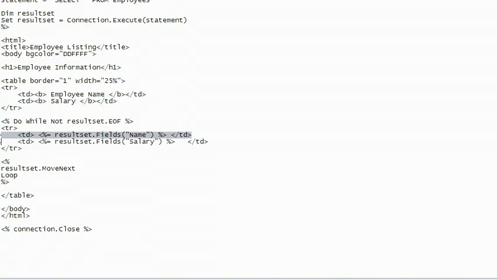The first column displays the name field from the database, and the second column displays the salary column from the database. So that's the end of our HTML section, and then we switch back into code mode and we move on to the next row from the database and iterate the loop one more time, and that's the end of the code section. Then we switch back into HTML mode to close off the HTML page, and finally we switch back yet again into code mode to close the database connection. So there we are,